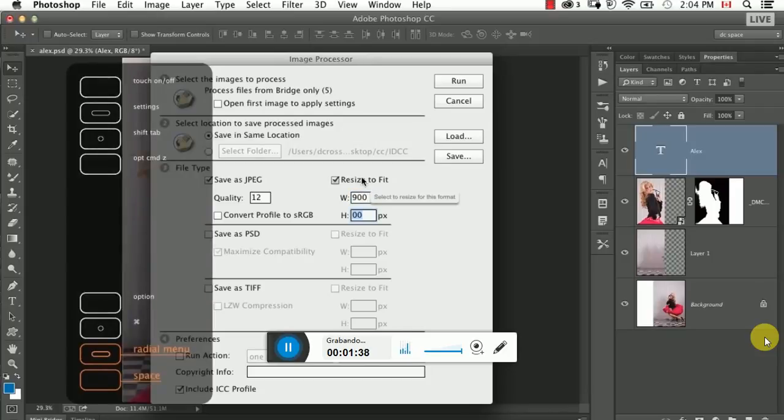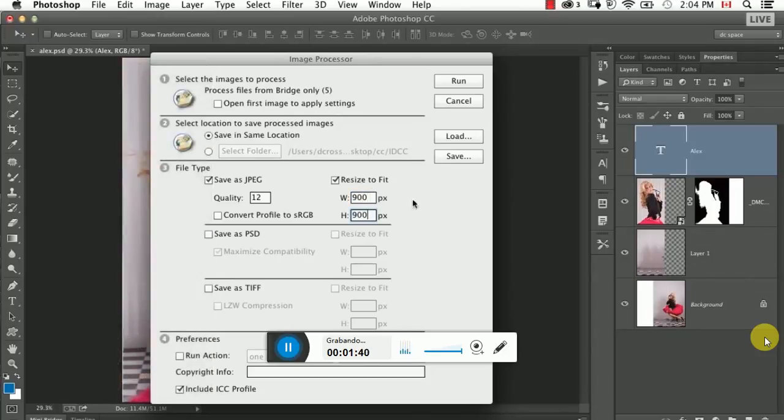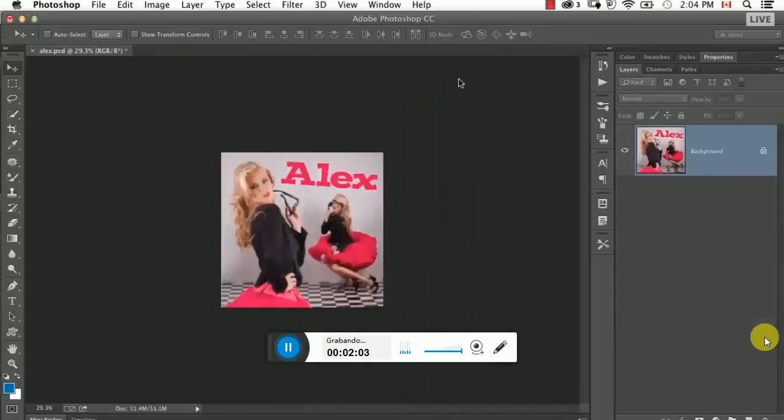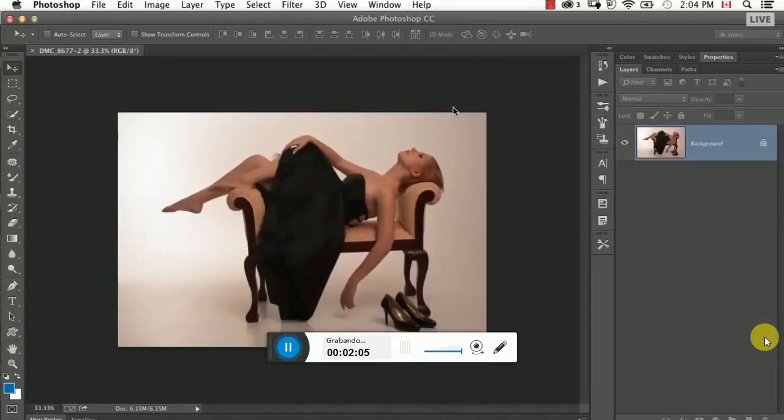And later on, we'll talk about actions. If we had something set up, we could run that as well. But the thing I love, I'll tell you right now, the thing I love about Image Processor is its simplicity. It doesn't make me do a lot of things. I don't have to record any steps or build anything, it's really just open these files, save them as this file format. Simple. So I hit the Run button, and it goes through and flashes through and goes, here's that one, here's that one, here's that one. And eventually,